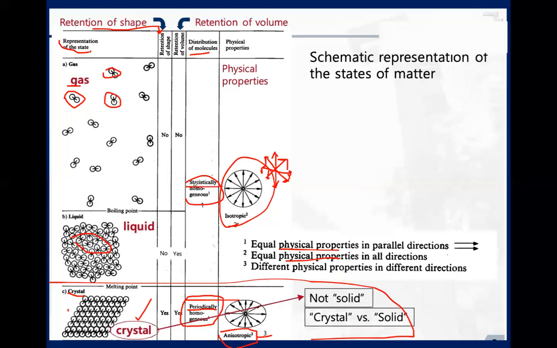Statistical means there is no orderly distribution, but in terms of counting the molecules, in terms of numbers, you can find some homogeneity. That means concentration-wise, it may be homogeneous. Counting means concentration, right? You determine how many molecules of oxygen, for example, there are out of the entire mass of